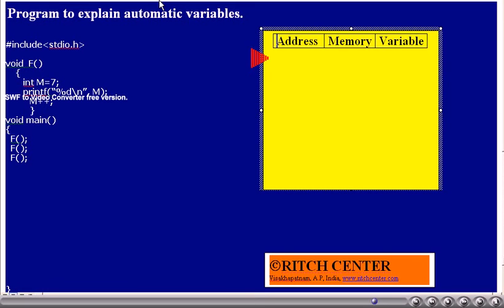Thus, we can see that the memory whichever is necessary for the variables of the function will be allocated when the function call is being made. When we leave the function, all that memory will be deallocated. This type of variables are called as automatic variables. In this program, we have